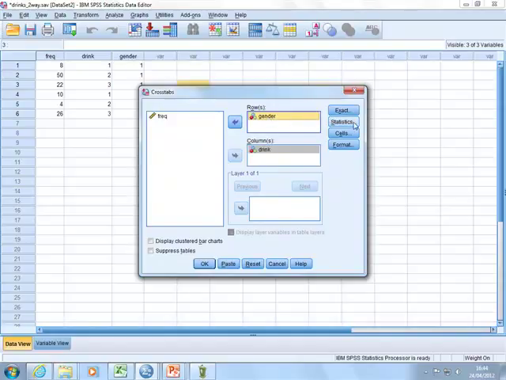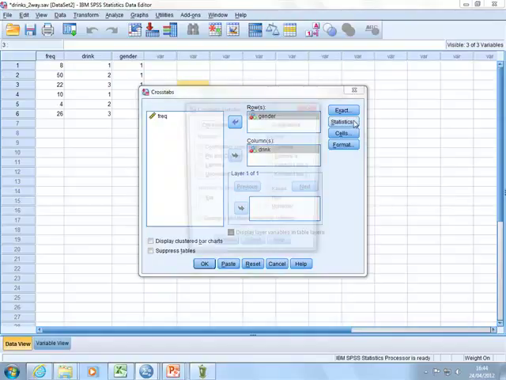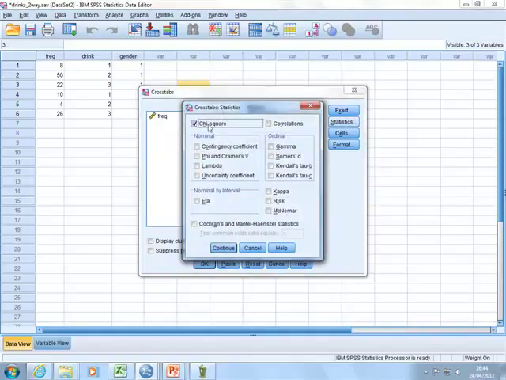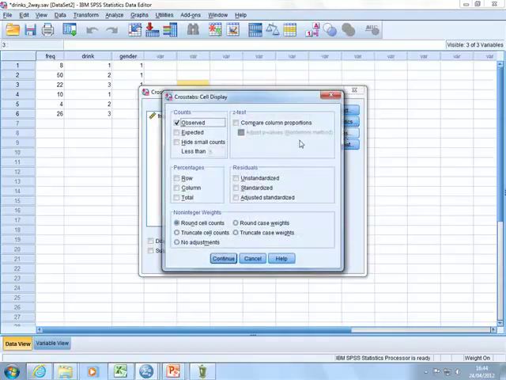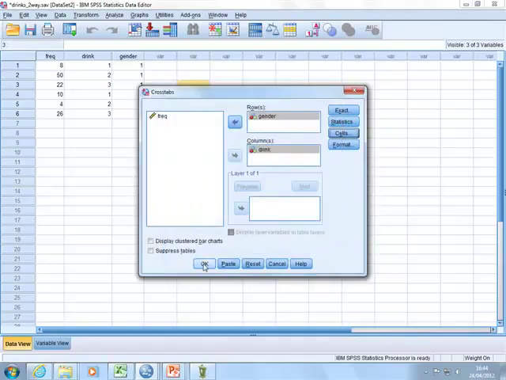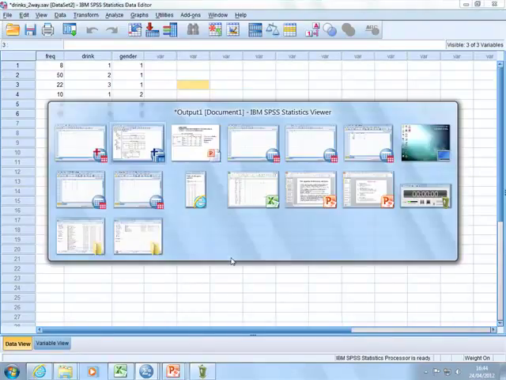Now we need to go into statistics. So if we just left it at this, all it would do is give us a table showing the values. So we need to go into statistics and ask it to do a chi-square analysis for us. Also, if you leave it like this, it's only going to give us the observed values. So if you want the expected values to show up, you go in cells and you have to select for expected values here. So once we've done that,